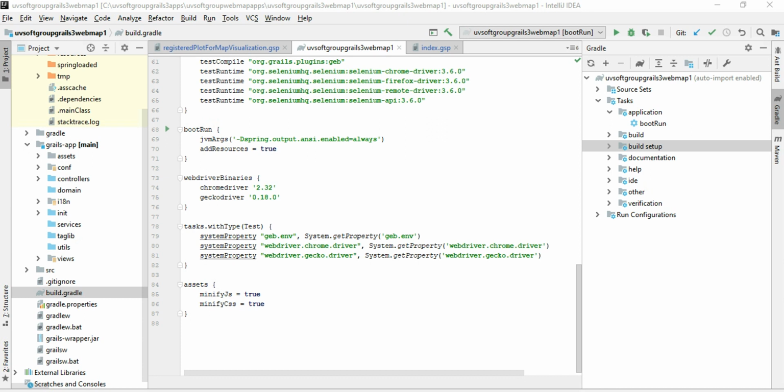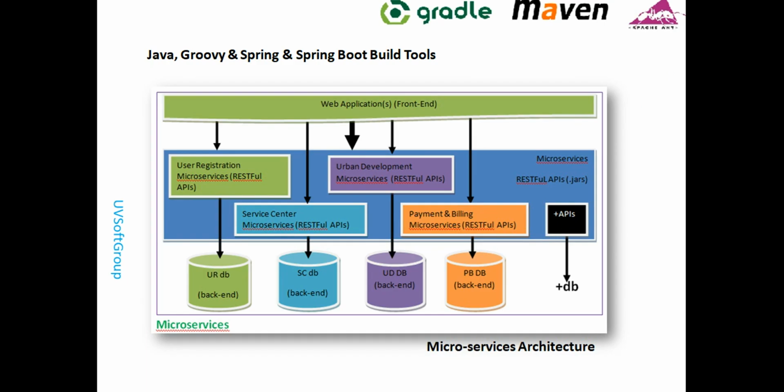So this is the presentation that we will talk about. We are trying to build generic building tools to discuss. You see the picture like the microservice world. They have microservices like user registration, development, sales center, payment and billing, maybe documentation microservices, maybe even more. You have a backend server located here, and then you have a web front end.